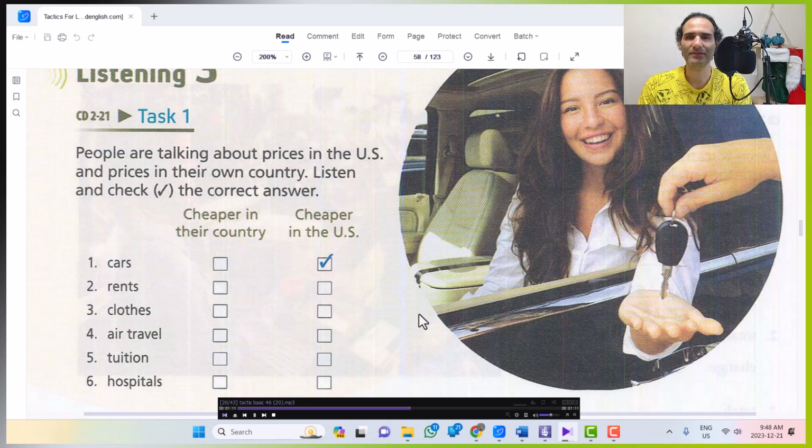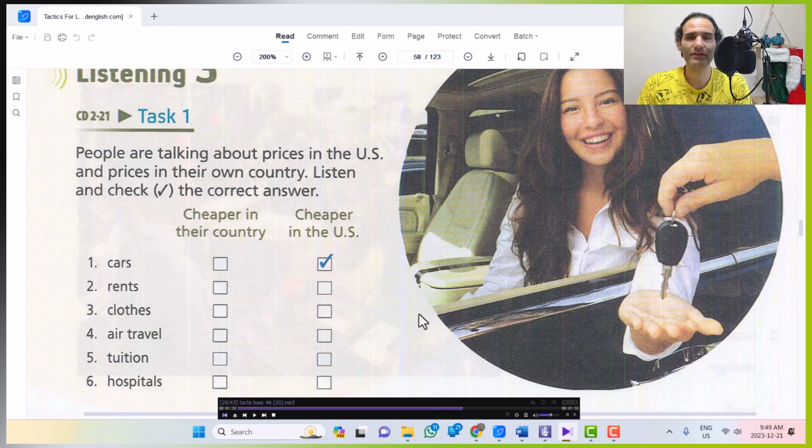Number 4. In my country, not a lot of people travel by plane because it costs more than most people can afford. But the US is such a big country and the population is large, so you have a lot of people traveling by plane. That's what keeps the prices down. That means I can afford to fly here, and I do it all the time. I couldn't do that at home.